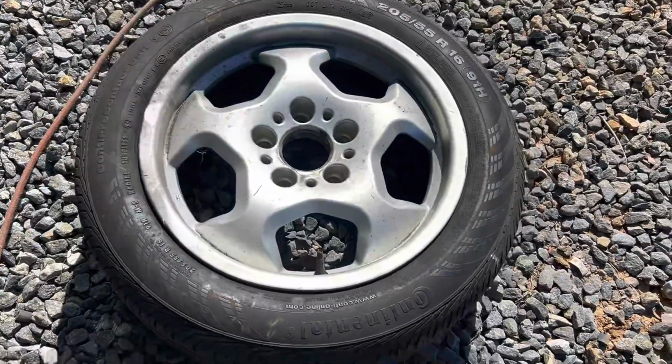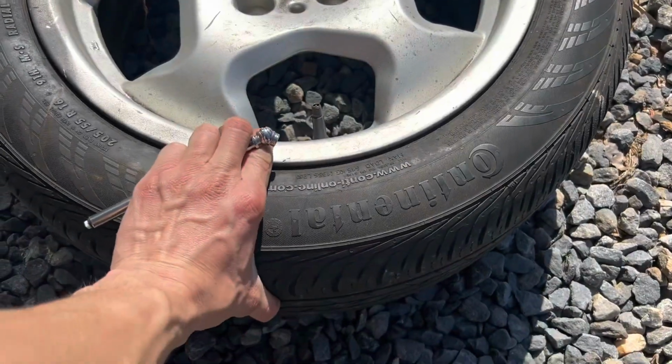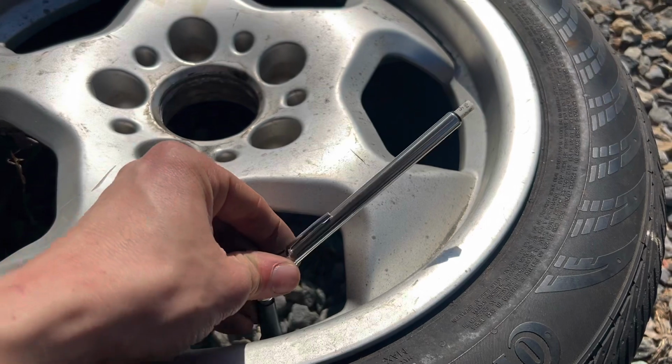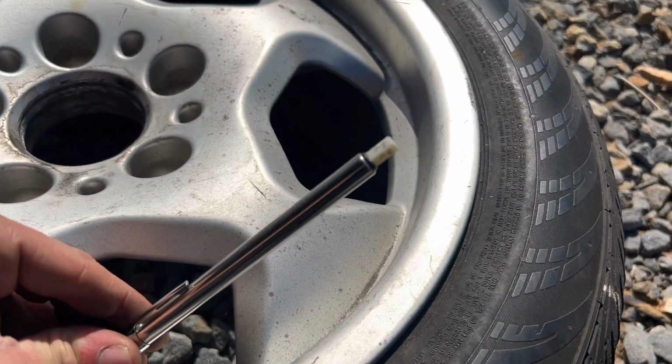Always make sure your spare has air. It may feel pretty full and look pretty full, but have nothing